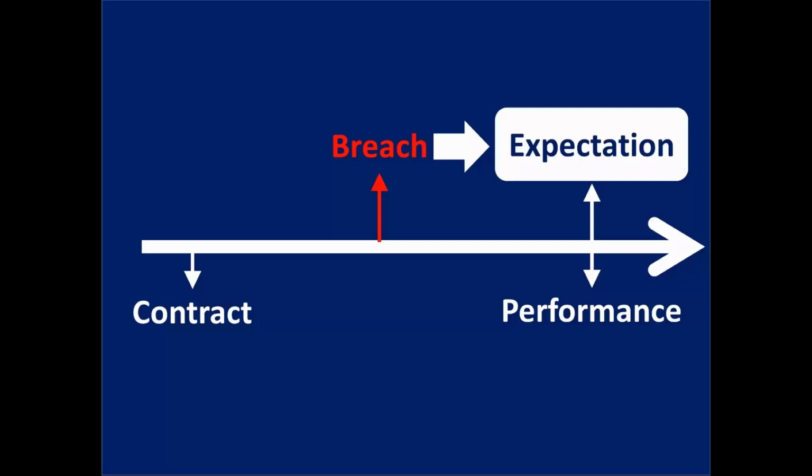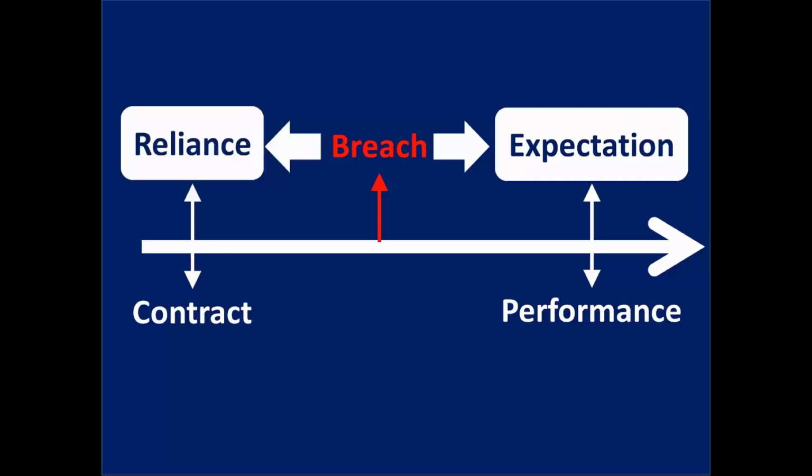Finally, let me also distinguish among the three interests protected by contract damages. We focus to this point on the promisee's expectation interest. The idea here is to put the promisee in as good a position as she would have been in had the contract been performed. When it's too difficult to measure the expectation interest reliably, courts sometimes protect instead the promisee's